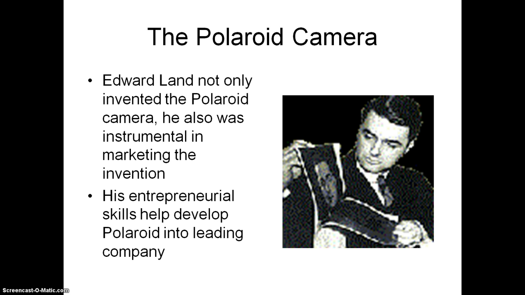And Edward Land said, "Yeah, it would." So he developed an easy to use camera that you could take a picture with, and then you had these cartridges that contained the chemicals. And so you could wait a few minutes, and lo and behold, you could see what you just took a picture of. And so he did the Polaroid camera.